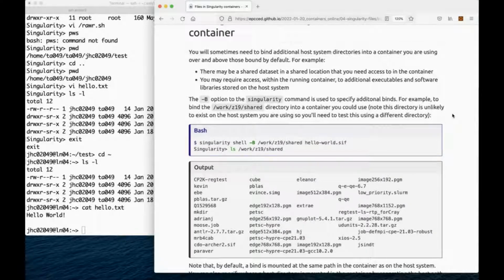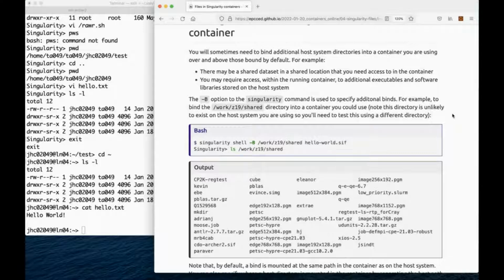And if you recall again from the Docker material yesterday, we used the --mount switch within Docker. And this is effectively the equivalent to that. The syntax is somewhat different, but it's basically doing the same thing in principle. So we're going to use the -b option, the -B, to the Singularity command. And that's the way that we specify additional binds of directories into the